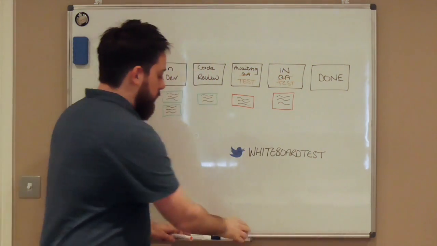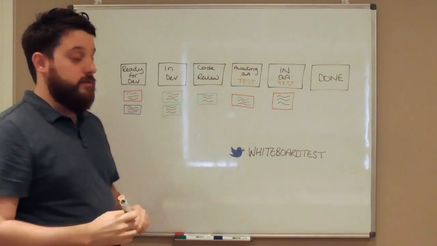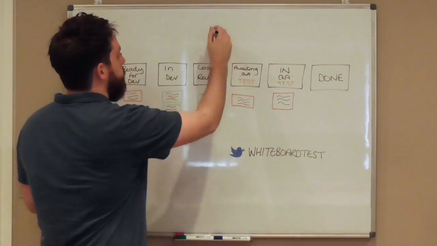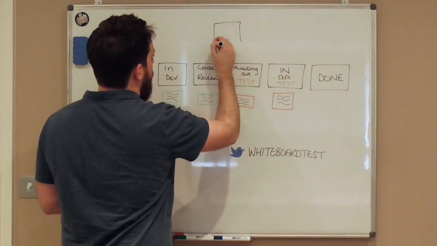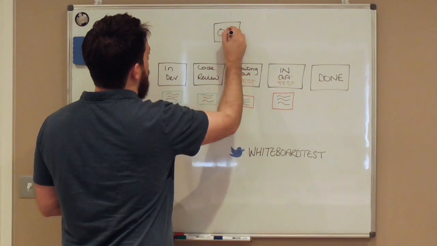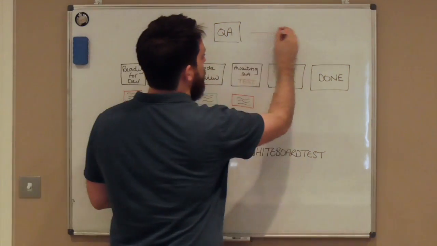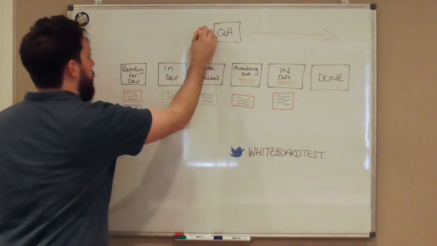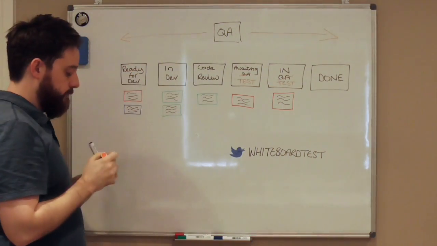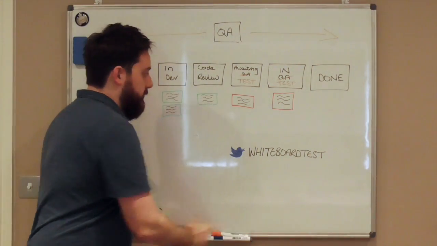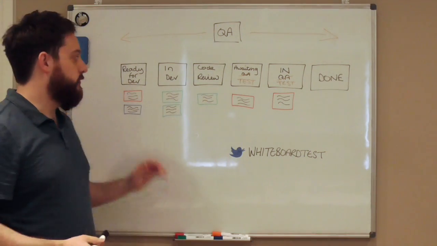Now, you might be thinking that I would stop there, but I didn't. I got a new card, and I put it above here, and I called it QA. And then I made some arrows out of paper, really creative, and I made it spread the whole length of the board. So, let me see if I can explain to you why I did this. So, firstly,